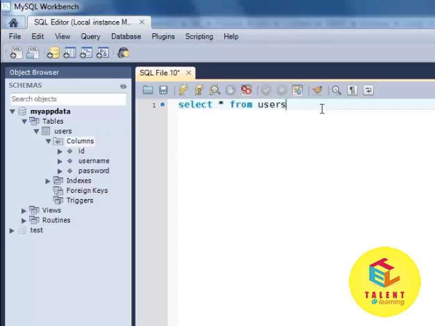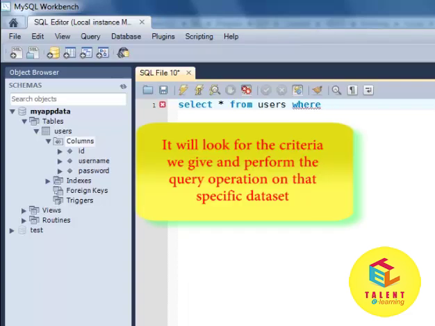Select star from users. This is our old SQL query. Now give a space and write down where. How this where works is it looks for the condition we write down after where and it applies the operations written before that. So if we give it an input of where